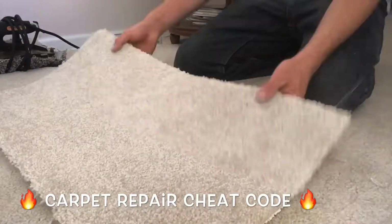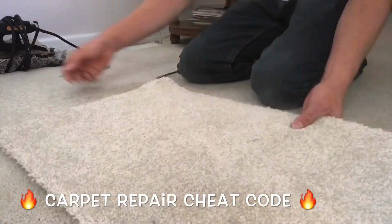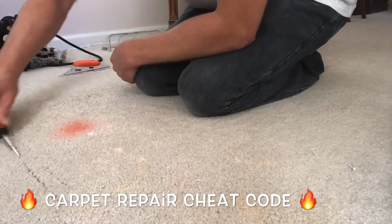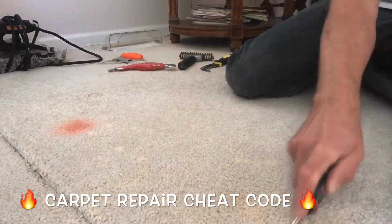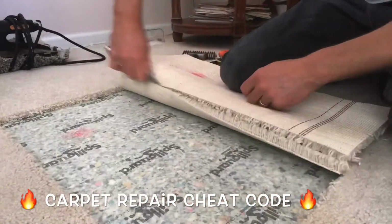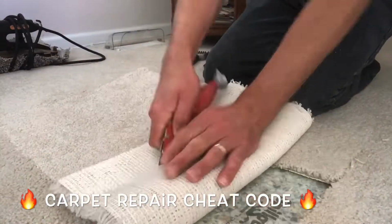Now, in this scenario, we have a bigger stain. Same exact thing. It's nail polish. There's bleach and everything else all around it, so I'm shaping out a bigger square using a flathead screwdriver once again, and then I'm using a top cutter and my razor blade to cut this out, and